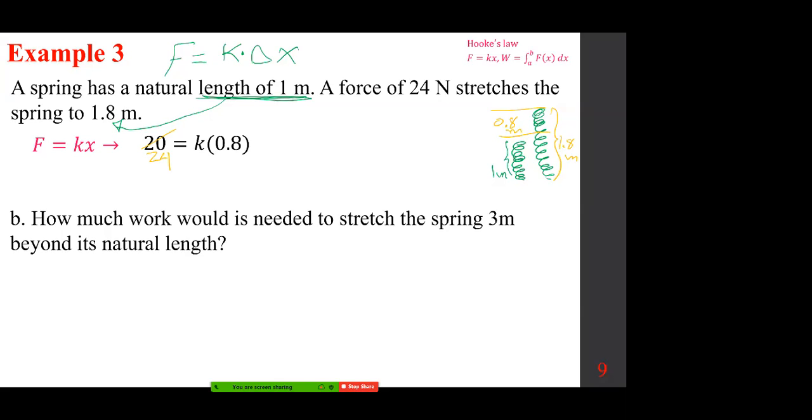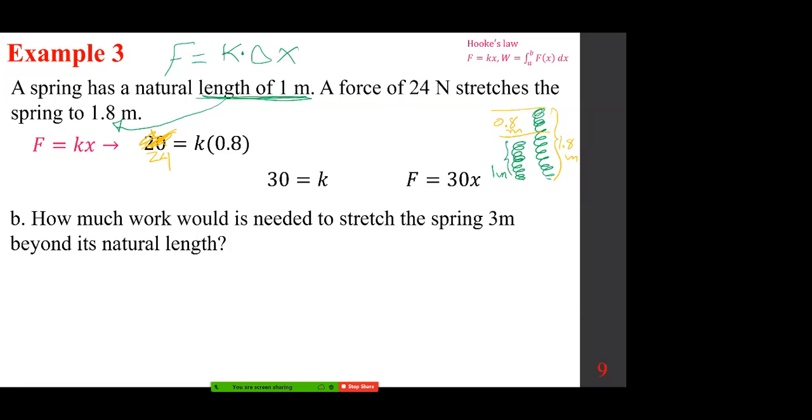So 24 divided by 0.8 and K becomes 30. Therefore, the formula F equals 30X. Okay, everybody? So 24, not Tony. 24. All right, in part B, we are going to see how much work is needed to stretch the spring